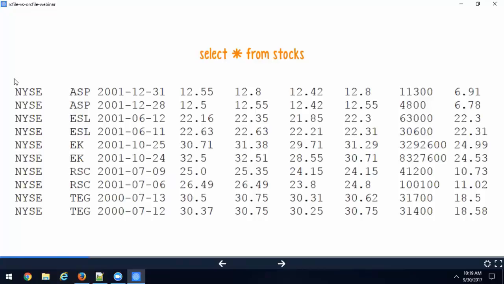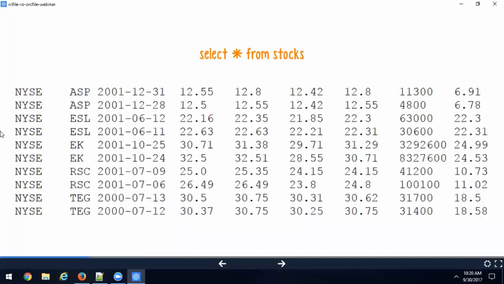So when we say select star from stocks, your disk starts reading from the first column, continues to read all the columns, then moves on to the second row, first column, and so on. It's actually efficient, because your records are laid sequentially on the disk. Whenever you read sequentially, without jumping from one point to another, your reading is much more efficient.